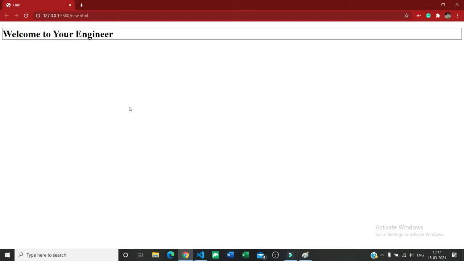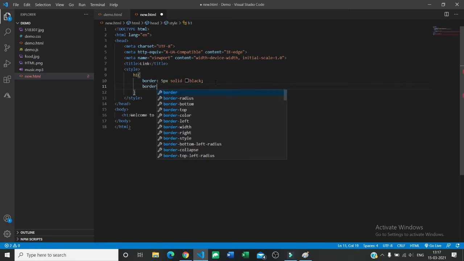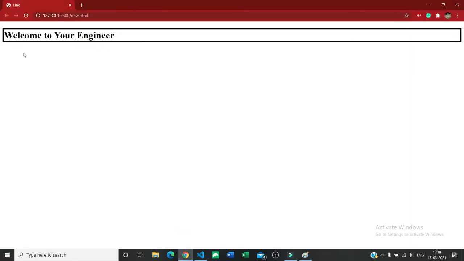Now let's see some more properties of border. Now for viewing purpose I am going to give a much larger size for the border. So let's give 5 pixel. Save it. Now I am going to give border radius. Now in border radius I can give something like 2 pixel. That will just give some fillet to your border. Fillet means a rounded corner.